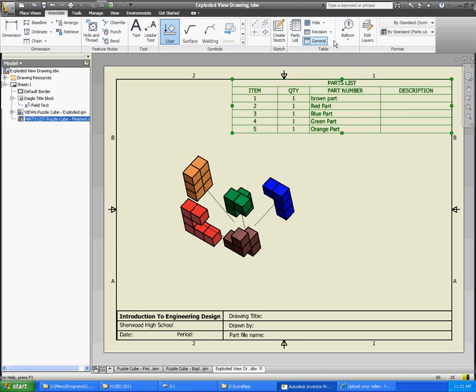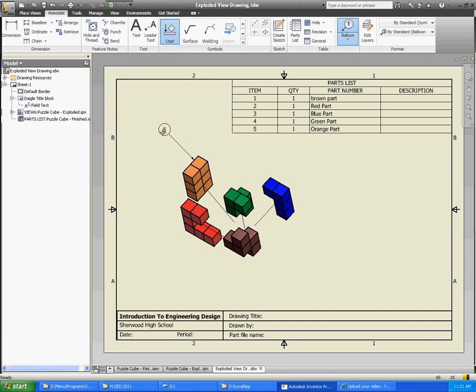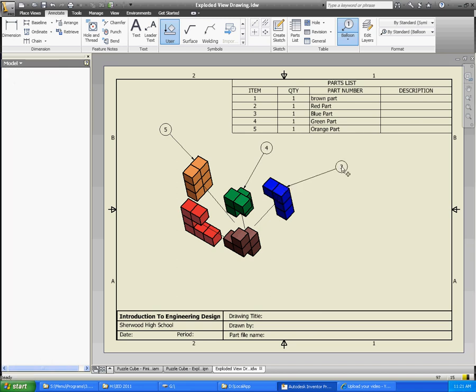The next thing that you want to do is add balloons, which are small pullouts that identify each part. What you do is click on the edge and then pull off to the side and double click. Click on the edge, pull off to the side, and double click. Once you have that done and each part is labeled once,